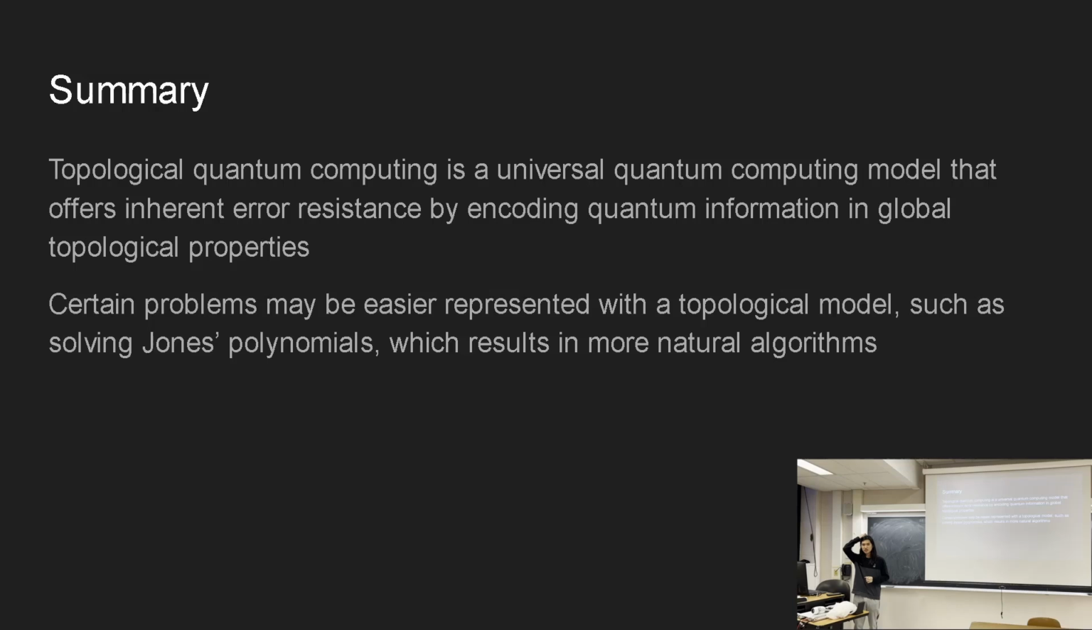So in summary, topological quantum computing is a universal quantum computing model that offers inherent error resistance by encoding quantum information in global topological properties. And also, some problems can be easily represented with a topological model, such as the Jones polynomial solver, which results in more natural algorithms for these specific types of problems. Because